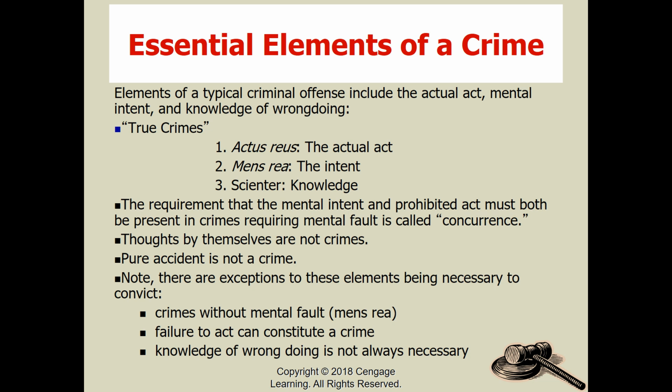Now, we use Latin names, and we use a rather obscure term for the third element. So we use the terms, and we're going to look at these in more detail in just a minute: Actus Reus, Mens Rea, and Scienter, which is knowledge. So you're going to have both of these, the physical and the mental act, together